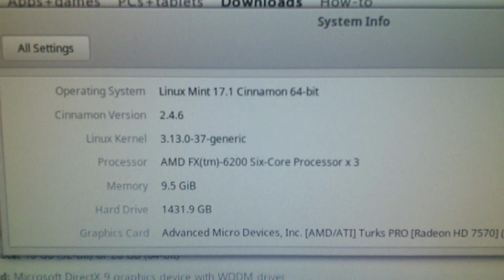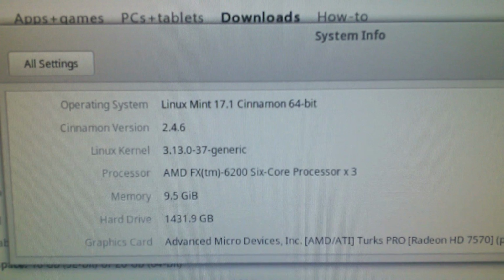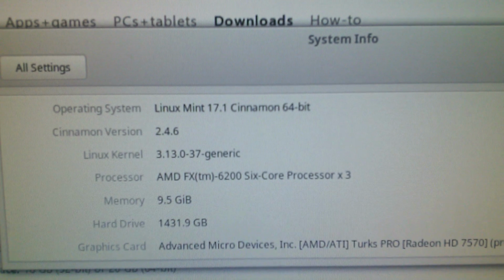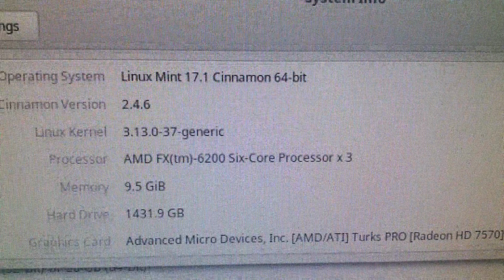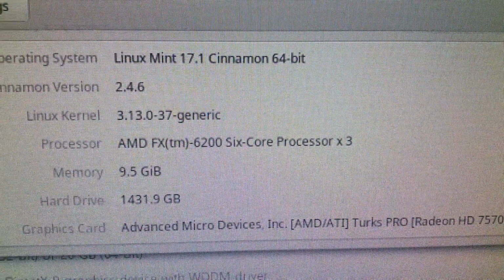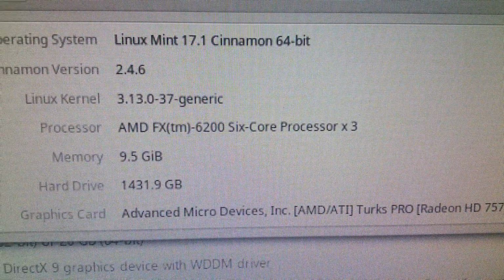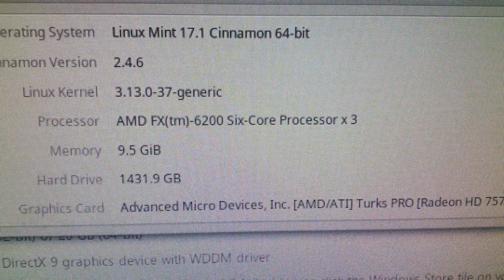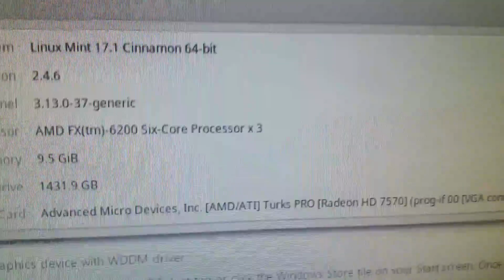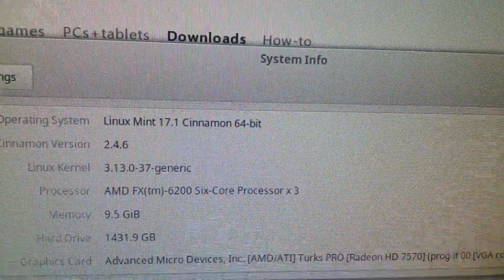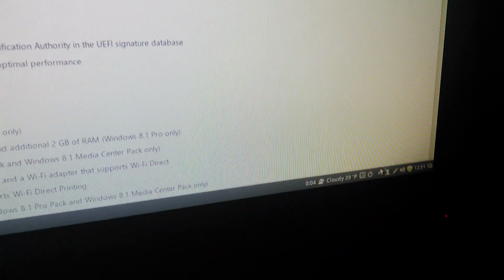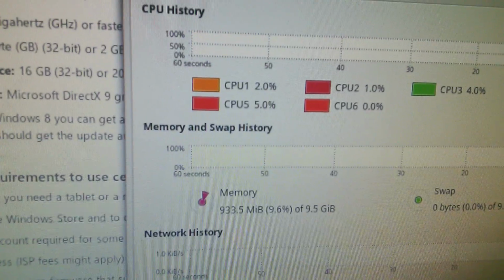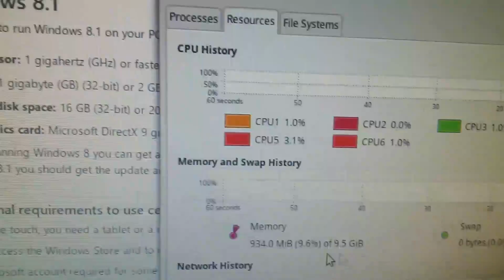Right here, Linux Mint 17.1, latest version. It's a Cinnamon edition using the Cinnamon graphical interface. 64-bit right there, on an AMD FX 6200, which is a 6-core processor. I got 10 gigs of memory installed. It's only showing 9.5 and all that. So in 64-bit here, we're doing this kind of less than a gig, and this is all running,